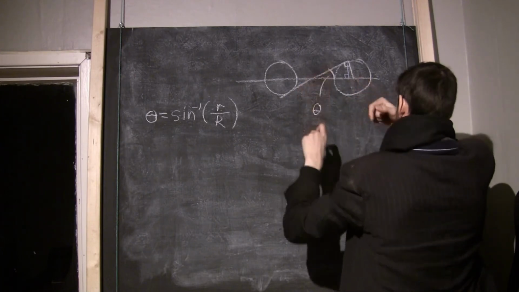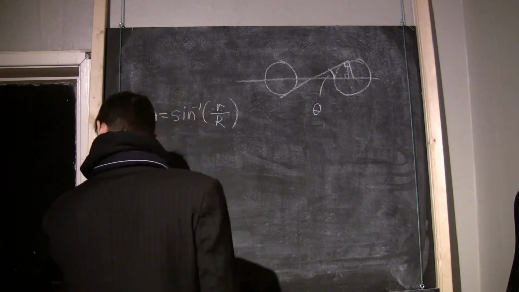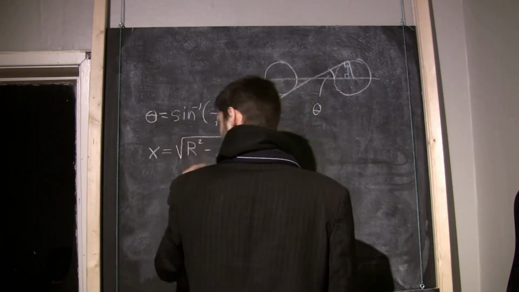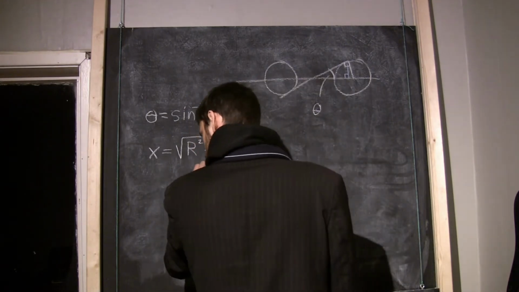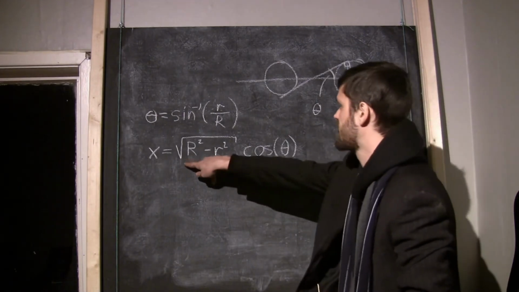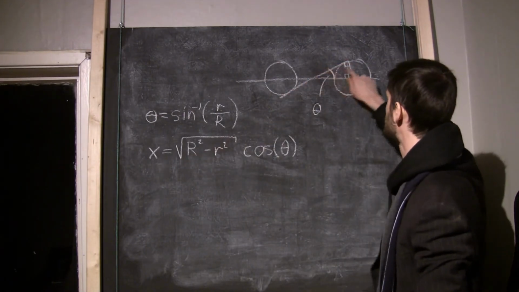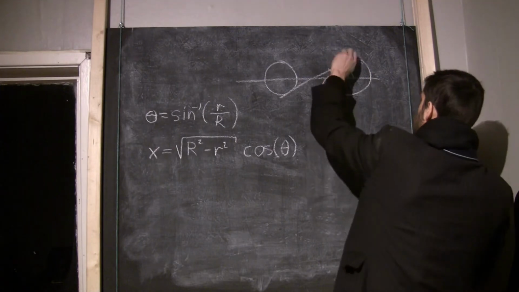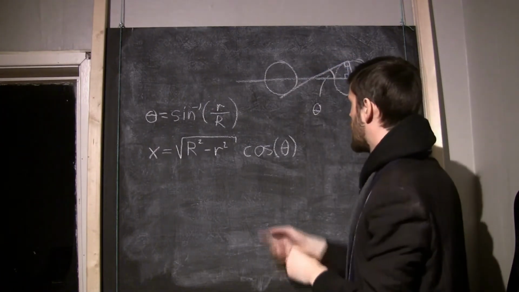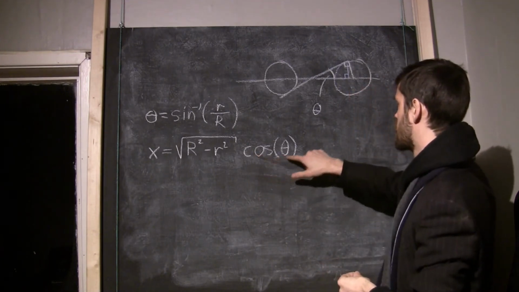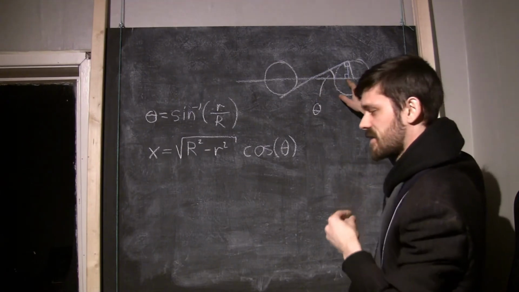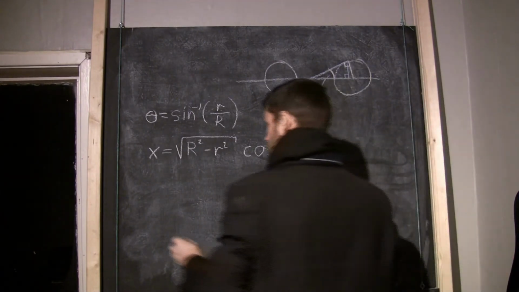Then we have that this thing will just become the hypotenuse of this blue triangle, and we have to multiply by cosine of theta in order to get the component along the x-axis. Similarly,